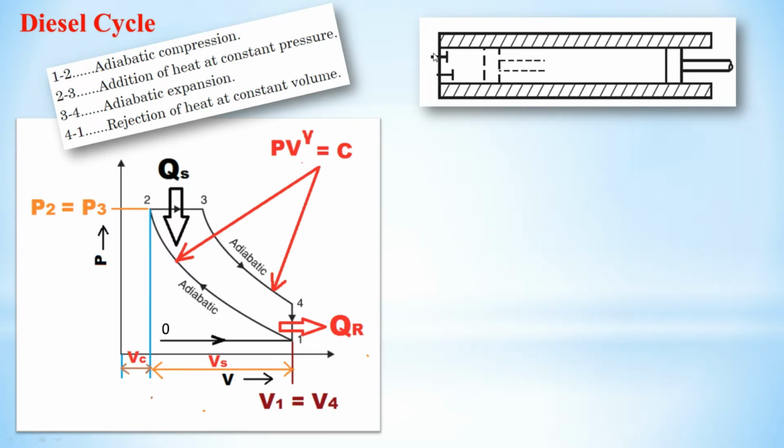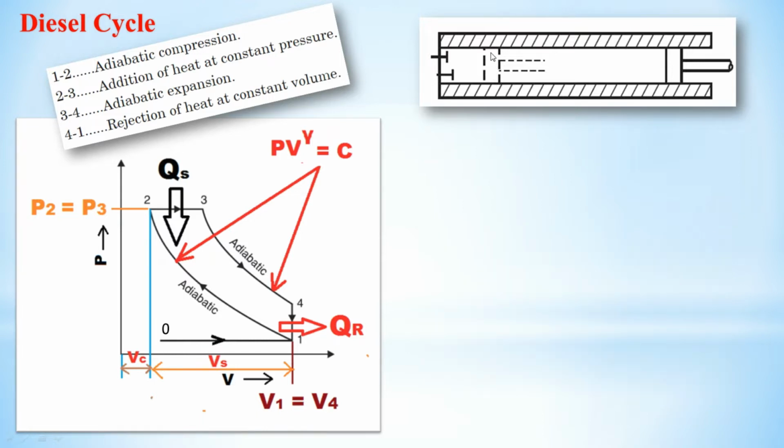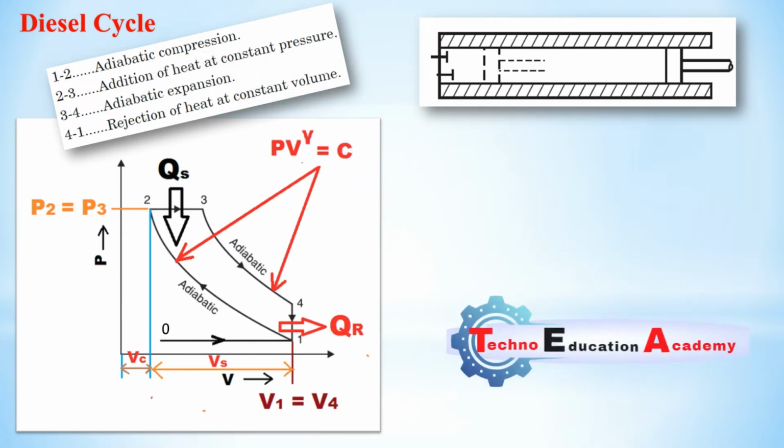Here we are considering a piston cylinder device. It is a horizontal device. So here we are considering IDC and ODC, inner dead center and outer dead center. Inner dead center means the innermost position of the piston inside the cylinder. Here you can see it by the dotted portion. And this is the final position. It is represented by ODC, outer dead center, the outermost position of the piston inside the cylinder.